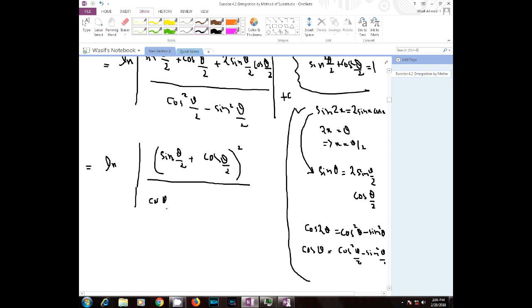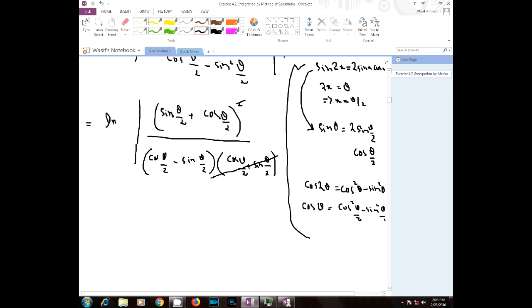So you have cos theta divided by 2 minus sine theta divided by 2 multiplied by cos theta divided by 2 plus sine theta divided by 2. This gets cut with this